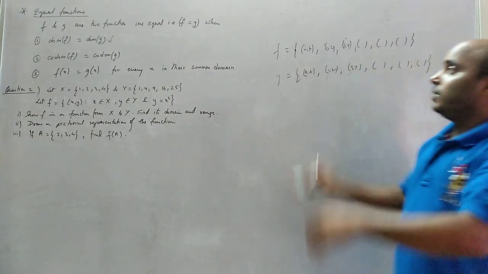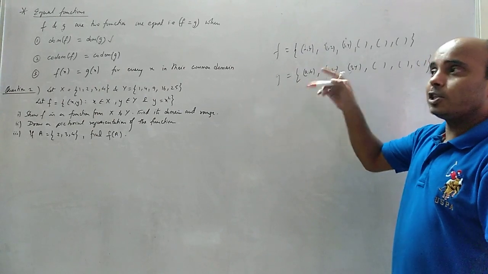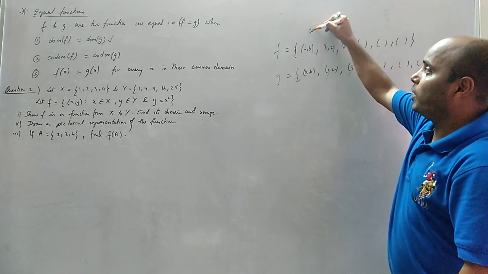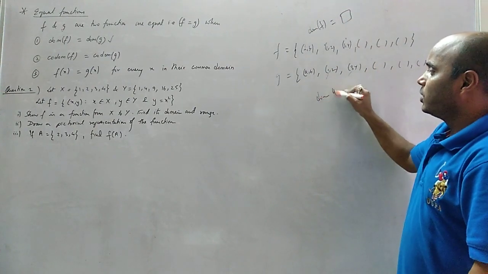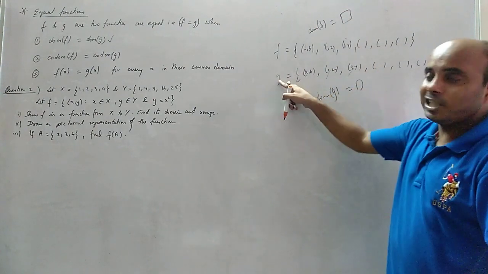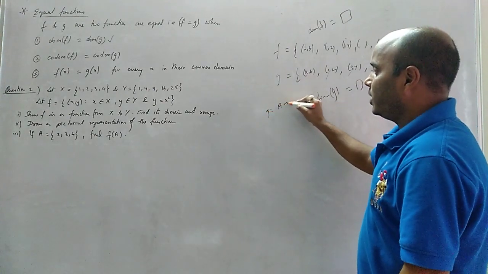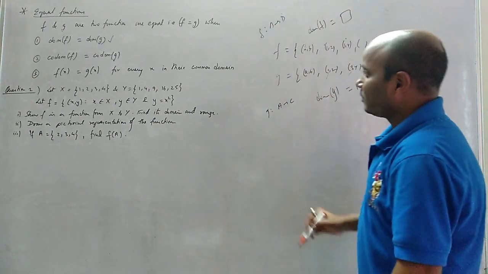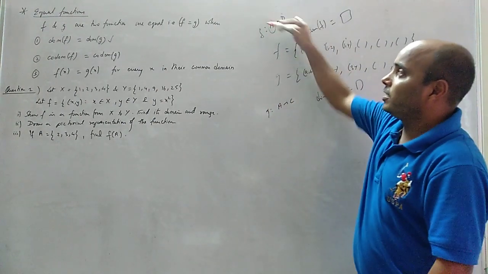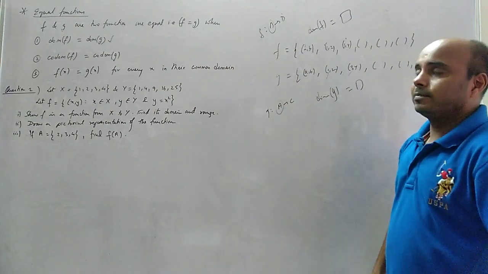That means if I say function, these are functions. In functions, domain is equals to the first set. That means domain of f will be equals to the first set, and domain of g will be also equals to the first set of g. Clear? मान लो g is a function from a to c, and f is a function from b to d. So domain of f is b, and domain of g is a. That means a or b equal.